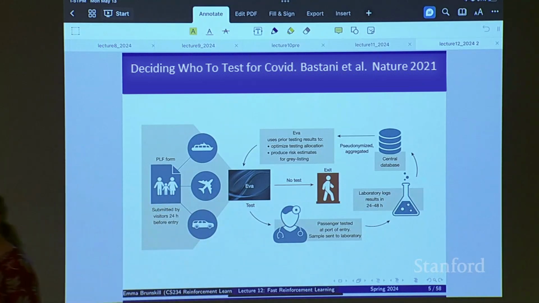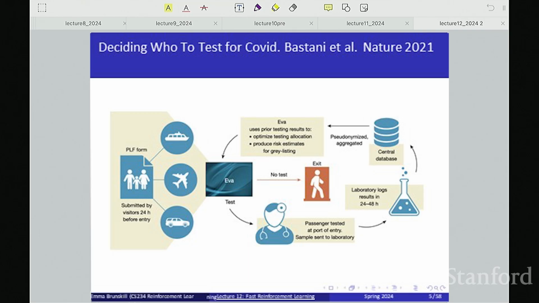So this is really cool because this is an opportunity to try to be very careful about resources, but really do so in a way that still preserves the safety of the individuals in the country as much as possible and the public health. So I like that in the Bastani paper, they describe this as a non-stationary contextual batch bandit problem with delayed feedback and constraints. Okay, so that's quite a mouthful.